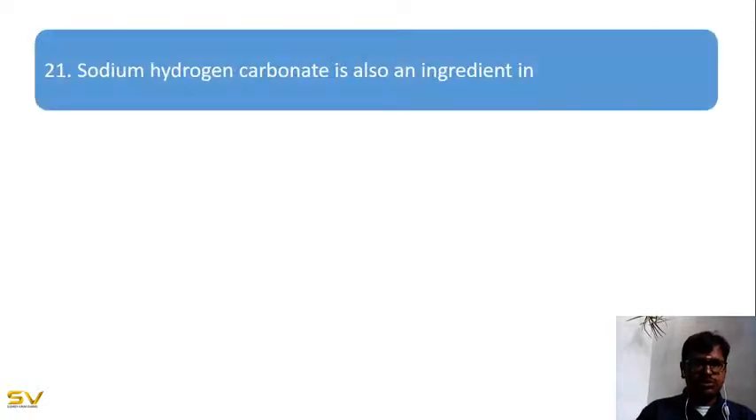Now coming to the next question: sodium hydrogen carbonate is also an ingredient in what? So where do we use this sodium hydrogen carbonate? Sodium hydrogen carbonate is the chemical name of